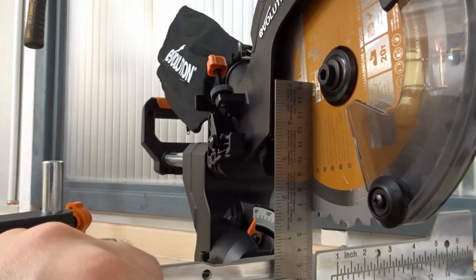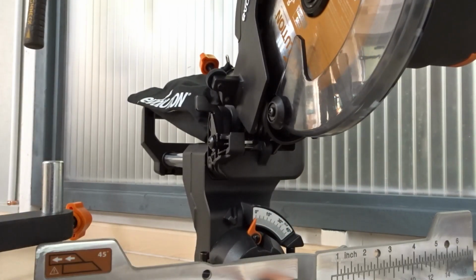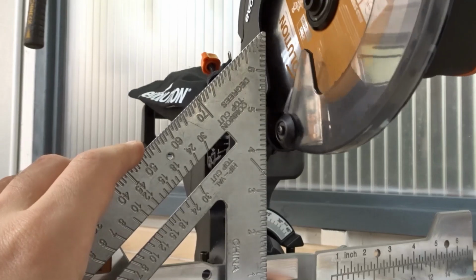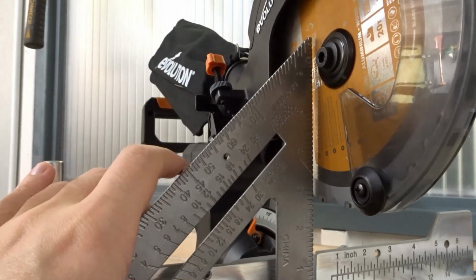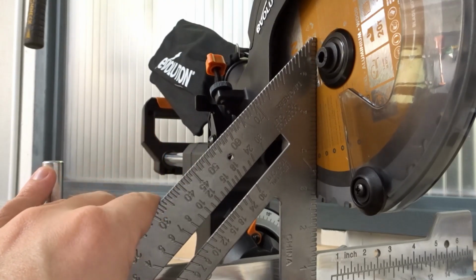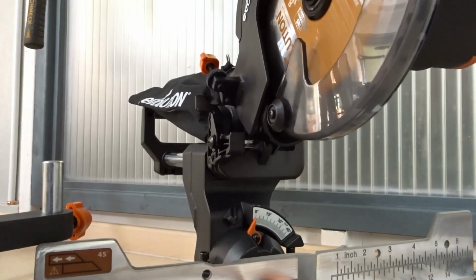No light gaps showing through there, and I've used 2 different squares just to make sure that it is nice and square. Probably just perfectly okay to use out of the box, although I just wanted to dial it in a little bit. You can see there that is nice and square, and get it as accurate as possible before I get going